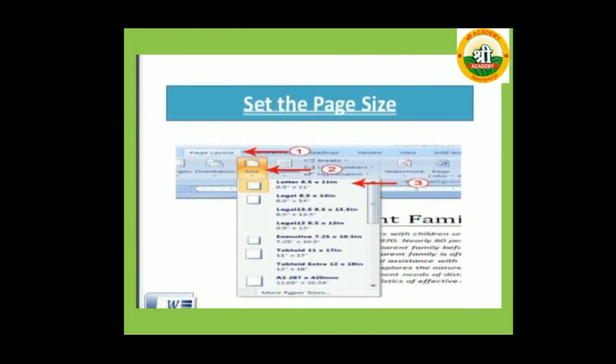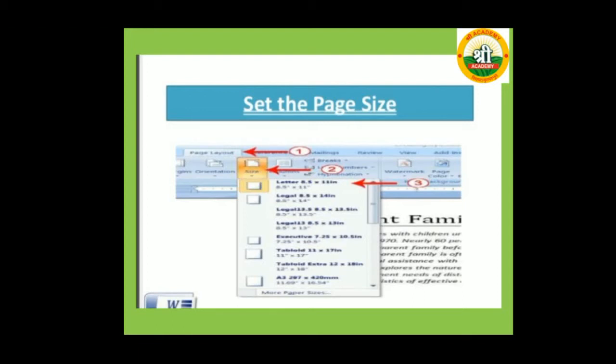Set the page size. This is very important. When you write any article, any application, even an examination paper, sometimes you need to adjust the paper size, because after one page is completed, one or two lines move to the second page. Then we can easily manage so that the two lines become one single page.